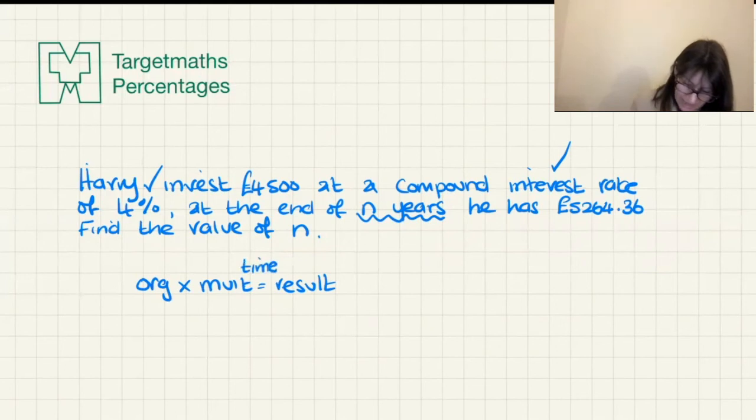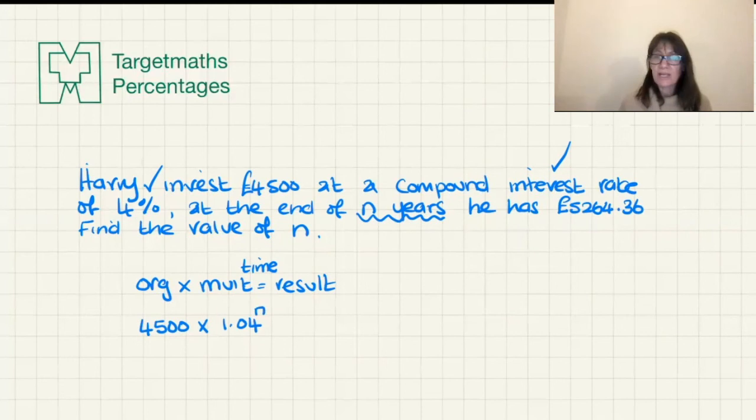And what I'm going to end up producing is 4,500 times 1.04, that's the multiplier, an increase of 4%, with the n, the number of years. I don't know what it is. It's n in the question. So it's going to be n in my formula. And I know that that's got to equal